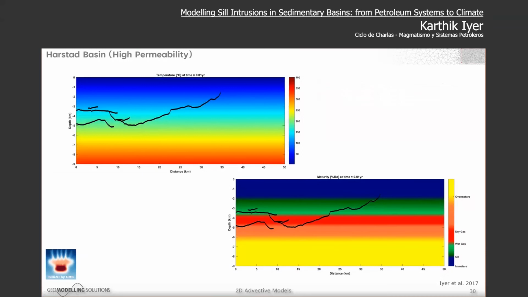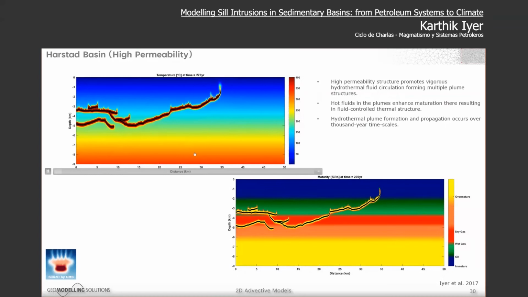So, okay, we go to the other end. We increase the permeability. This is the high permeability system now. What I've just done is increase the permeability structure. There's still a dependency on depth, but I've increased the permeability structure by a couple more orders of magnitude. I'll just run this again. And now we start seeing a lot of hydrothermal vents forming. And as you can see, they have this spacing to them. And this is typical for hydrothermal vents.